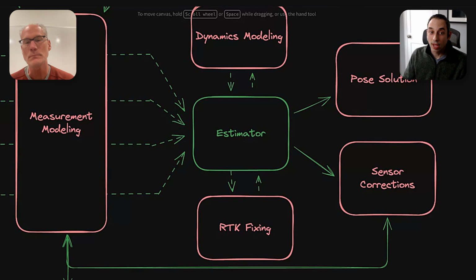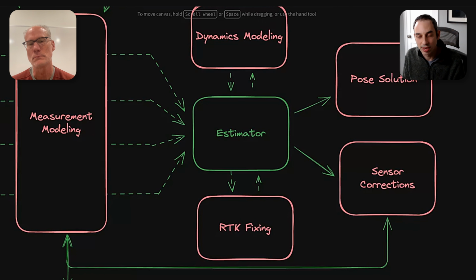So the pseudo range and other information from the world, it's not just GNSS. It might be computer vision, right? But I might have lots of sources of information. The estimator's combining them all, and we're using that information as an input to this RTK fixing process, which says, yeah, I know there's this huge search space, but there's a very small range of values that are most likely correct. And for this other measurement, there's a different small range of values. And so if I can narrow down that search space, it certainly now becomes a tractable problem. It doesn't become an easy problem, but you can now imagine a scenario where you do come up with the